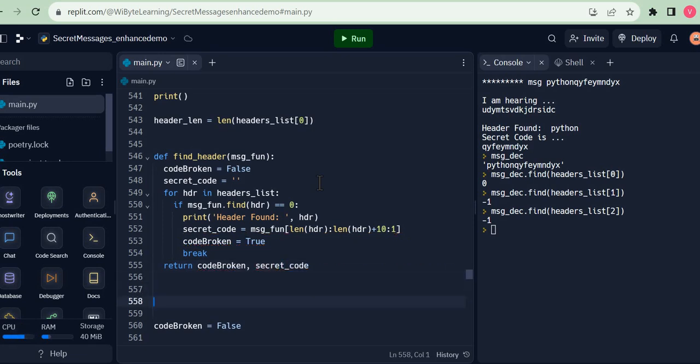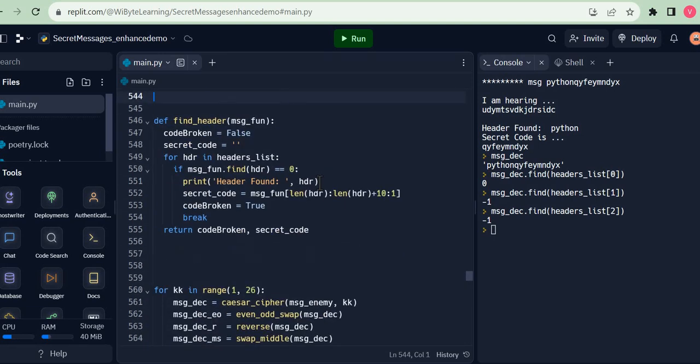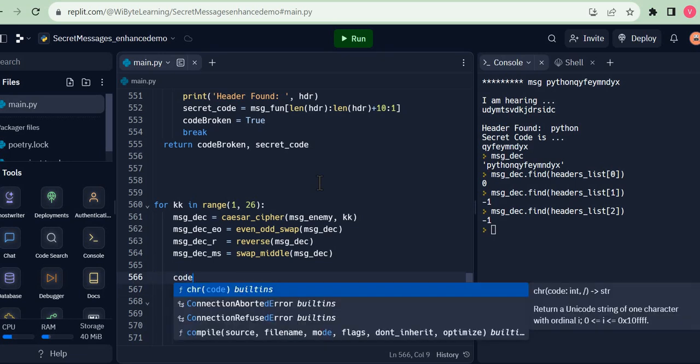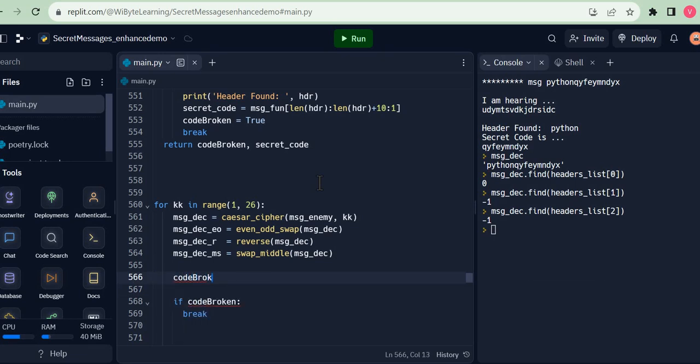So I return these two from the function. Now be very, very clear that the names of variables, whatever is inside the function, are completely local, which means I can reuse these names outside the function and there'll be no interference, right? So what I will do is that I'll say, okay, look, I'm going to say code broken and say,